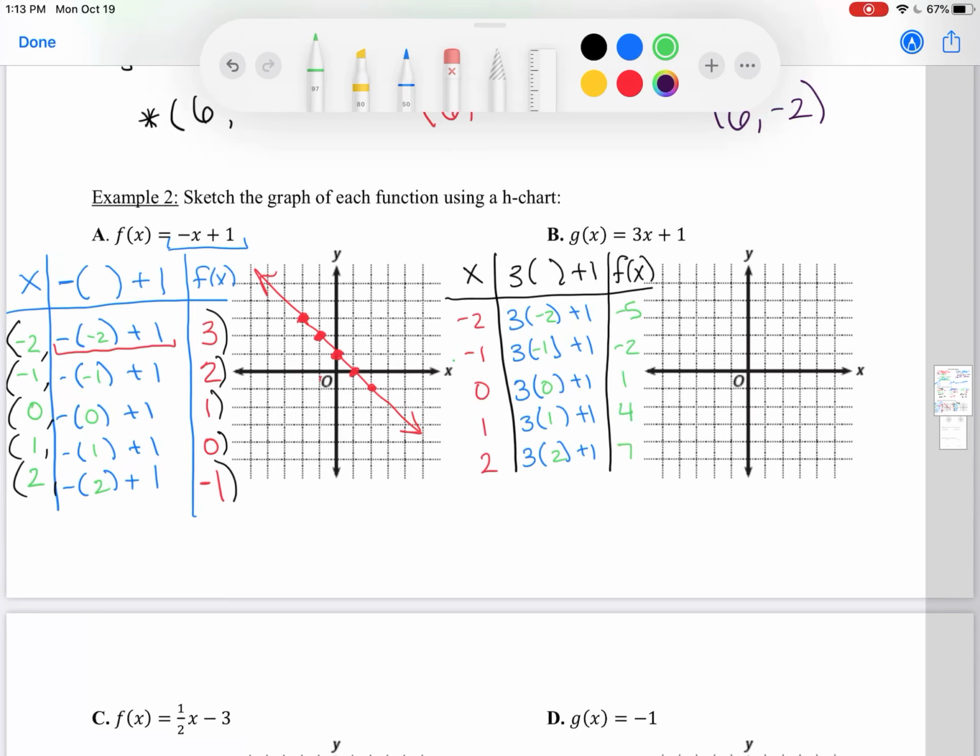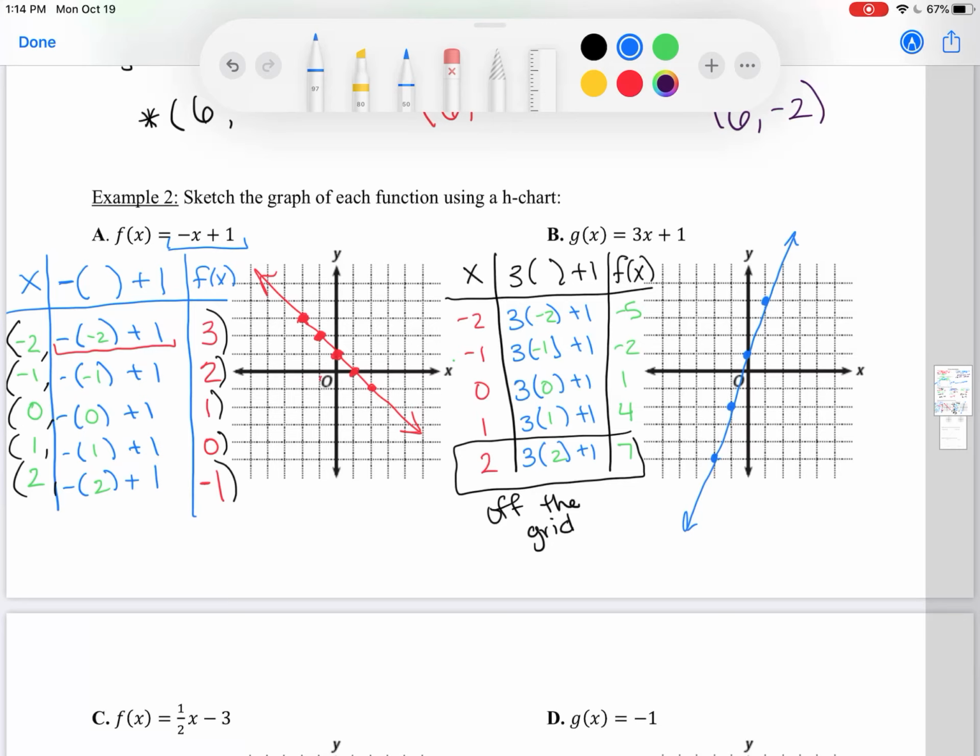Using that calculator, you will get a -5 to begin with, -2, a 1, a 4, and a 7. So when I go to graph these, I'll use blue this time. I have -2, -5, -1, -2, 0, 1, 1, 4, and then when I get to 2, 7, it's going to be off the